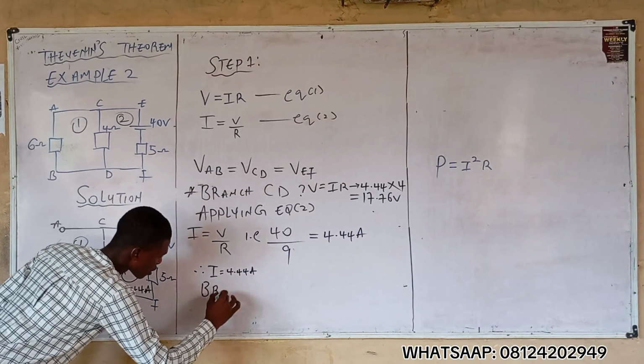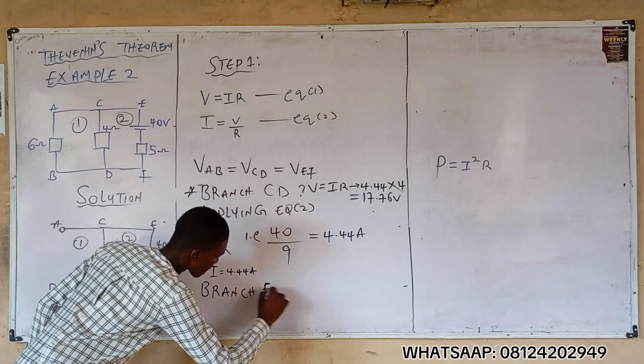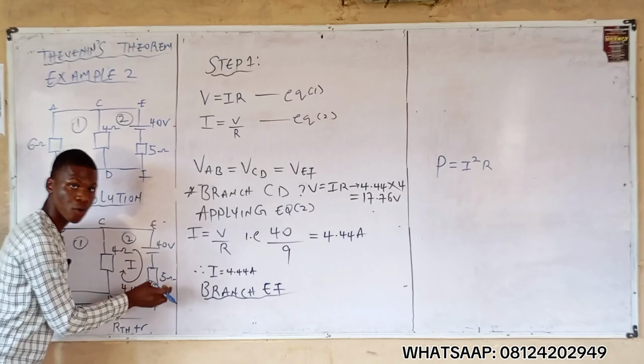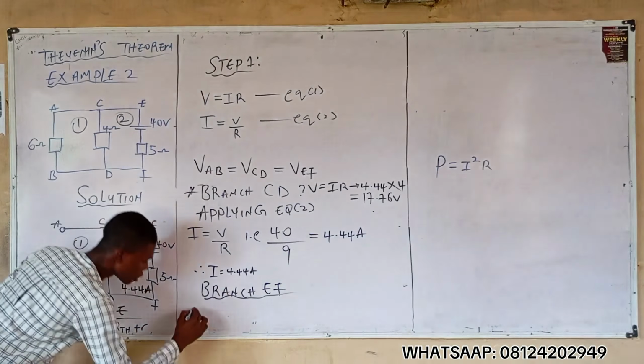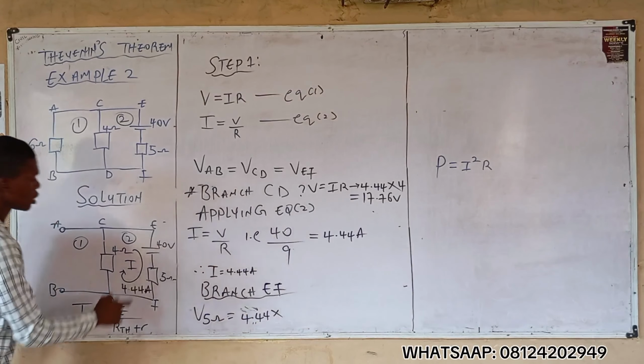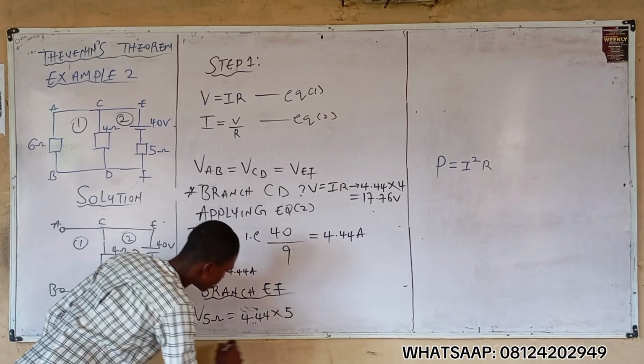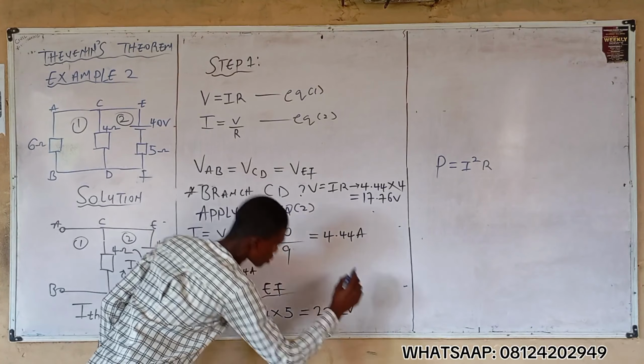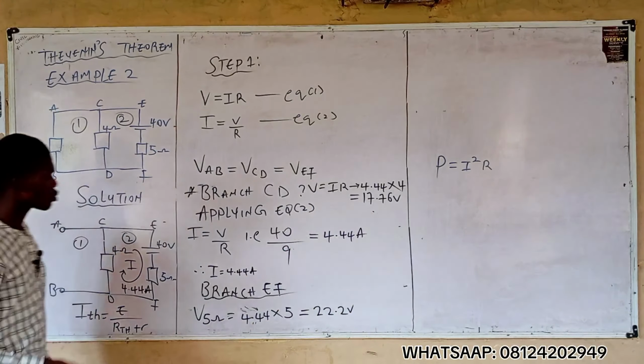for branch EF, I want to get the net voltage. To get the net voltage, I need to get the value of the voltage in the 5 ohm resistor. Meaning, voltage of the 5 ohm resistor is equal to the current passing through the 5 ohm resistor. What's the value of current passing through the 5 ohm resistor? 4.4 ampere. Meaning, 4.4 ampere times the resistor itself, which is 5. Then this is equal to 22.2 volts. So therefore,